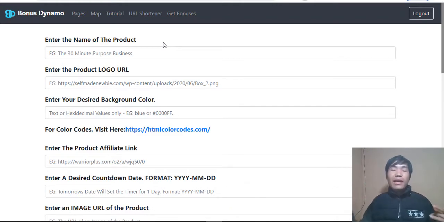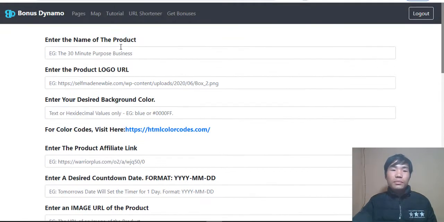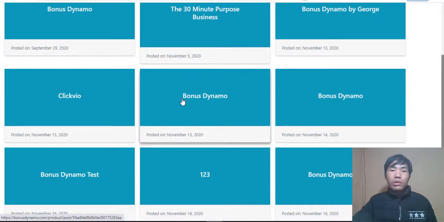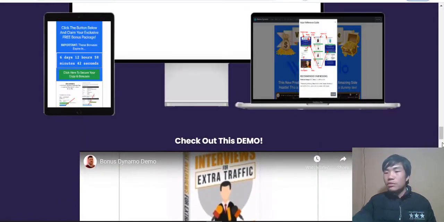Right, so like I told you a little bit earlier, this is the bonus page. This is all about making a bonus page really fast, in minutes. The bonus page here is created optimized and really good looking. The color is super nice. I will show you just a little bit later. You see here, this is inside of the bonus. But before we go further, let's check out a little bit of the sale page of